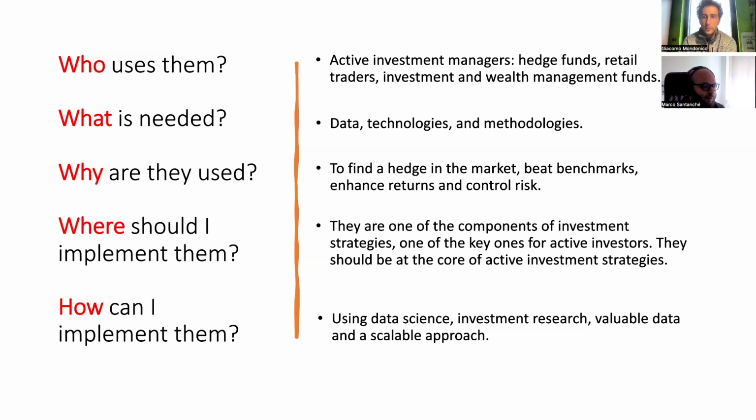And where should I implement them? Normally, they are one of the first components in the strategy. Before that, we have to, of course, preprocess the data. So there should be a data component, which can be done in many ways. It could even be internal to the signal. So the signal itself calculates something like moving averages or volatility, or maybe the fit of any model. And then afterwards, we calculate the trading signal and provide the signal to the strategy. And they should be at the core of active investment strategies, because without a signal, it's normally not possible to actually achieve